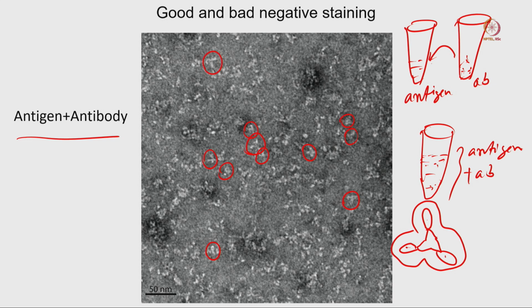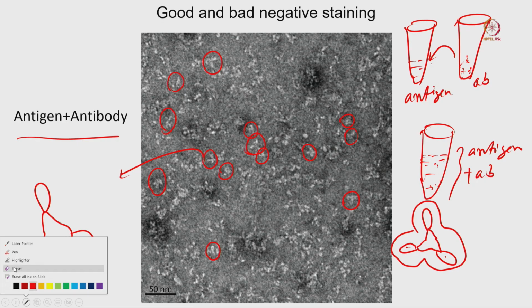If you remember the first class, when we talked about the different types of negative staining images, we talked about that trimeric sample, right? Your size will be this, but when an extra antibody binds, the overall size will change, and in this sample you can see that the overall size has changed a lot. Specifically, if you pay attention to this particular sample, if I just remove that circle, it will be clear to you.